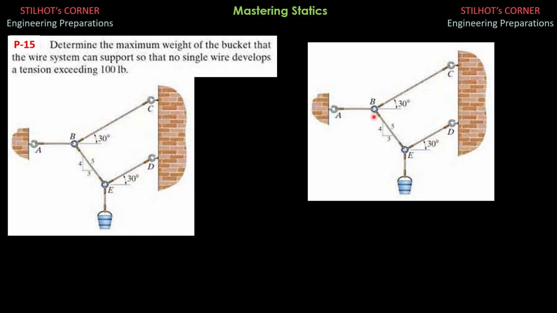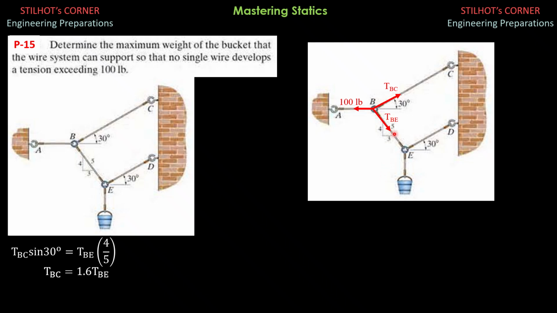So first at B, the free body diagram would look as shown. First, we have to sum up forces vertical to relate tensions BC and BE. So TBC sine 30 degrees equals TBE times 4 over 5. So that would be the expected relationship. So TBC sine of 30 degrees equals TBE times 4 over 5. So that's why tension BC is equal to 1.6 of tension BE.